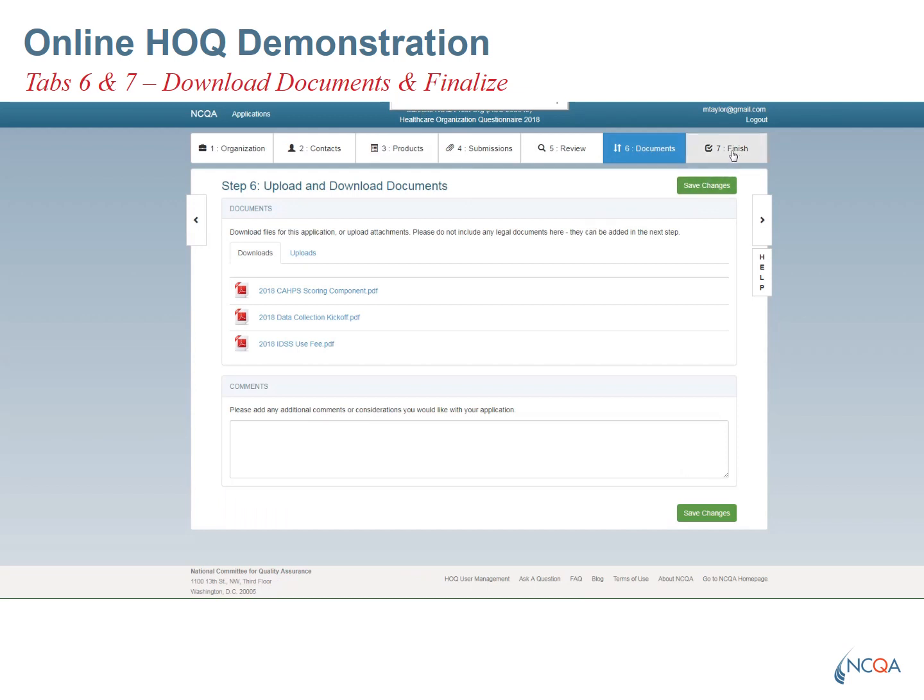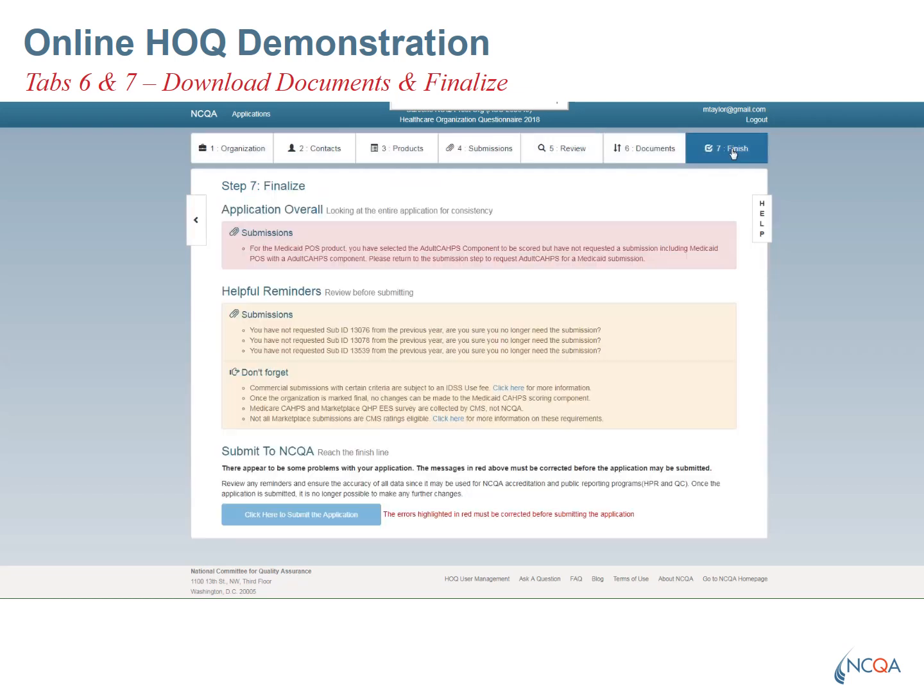Okay, now that I've contacted my auditor, had them do their updates, I'm going to click on my Finish tab again so those validations can be rerun. And now I don't have those errors, but I have one more that's talking about my Medicaid POS product. It says that I've selected adult CAHPS to be scored, but I haven't requested the submission to include that for the POS adults CAHPS. So now I have to go back to my submission and under my Medicaid POS product